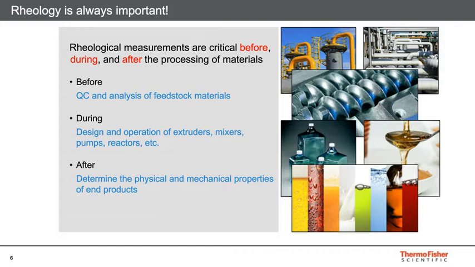you get those materials from two different suppliers. We want to make sure that even though you're using two different suppliers, that same material that they're delivering is equivalent rheologically. Let's say you're getting one supplier of material, but you want to make sure that lot A is equivalent to lot B. Well, you can use rheology to make sure that material is consistent from supplier and from different batches of different lots. And then as you begin to produce this end material that you're going to use, during operation,